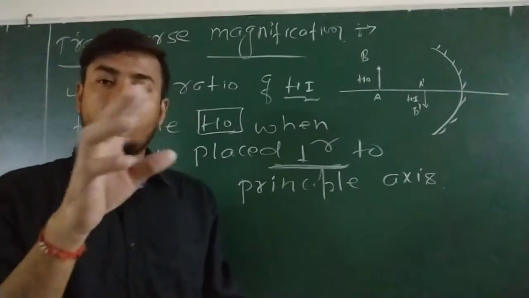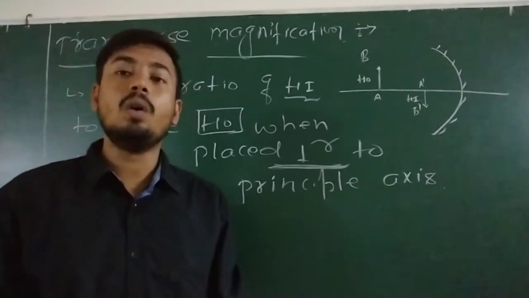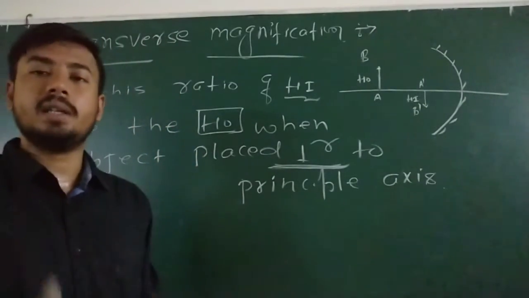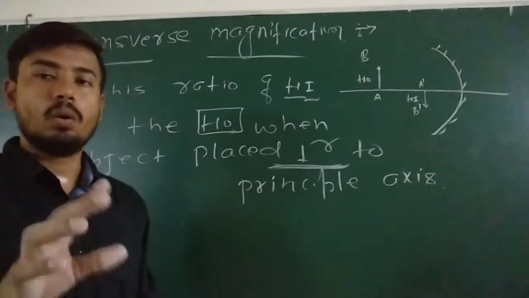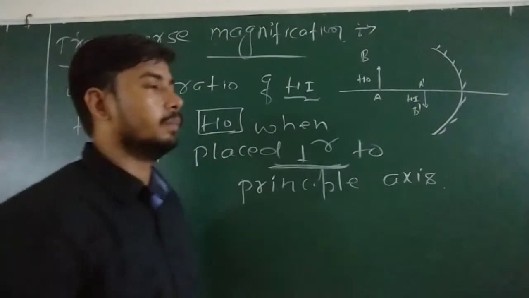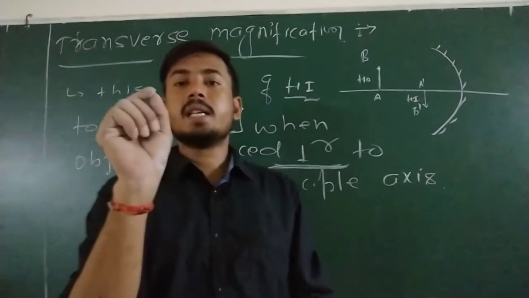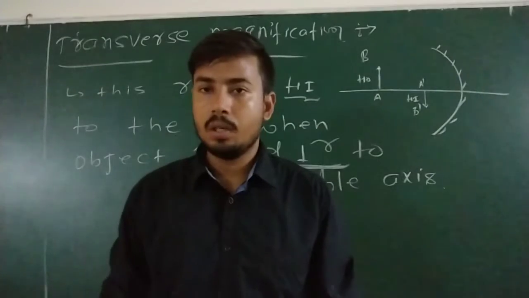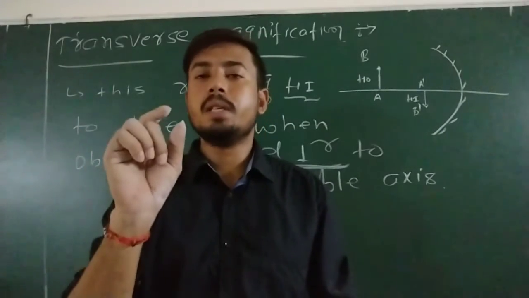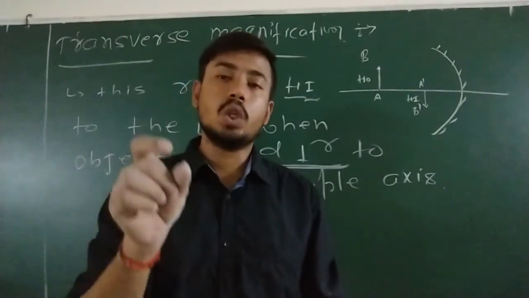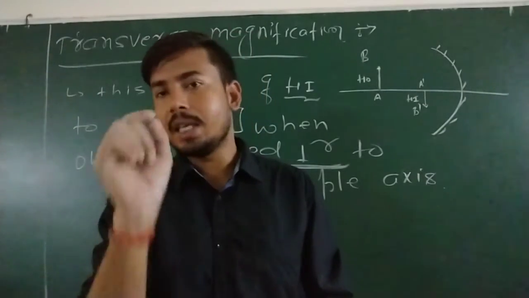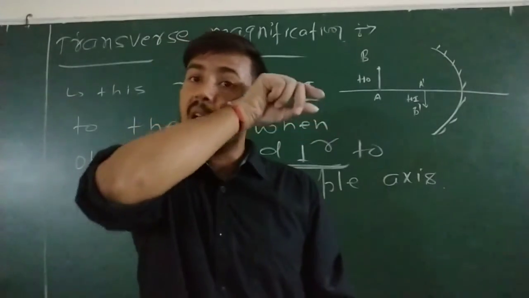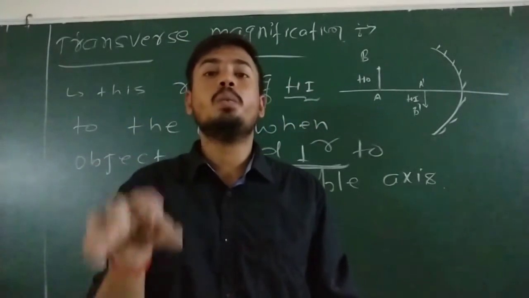Yesterday I promised you how size becomes large and very small. I proved all the things geometrically. Now today I will show you by mirror formula, mathematically, so you will get the confidence. Just take one example. I said object at center of curvature. There I taught the position of image, right? And the size of image, I told you, is equal to the size of object. I said clearly to assume that, because there was no mathematical relation to prove. So today we are going to prove it.